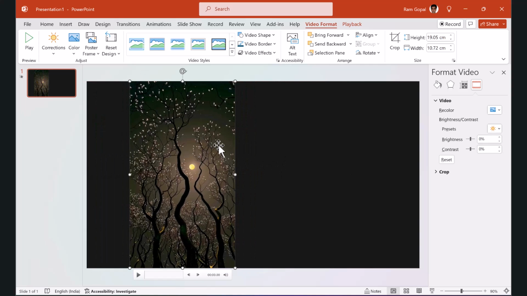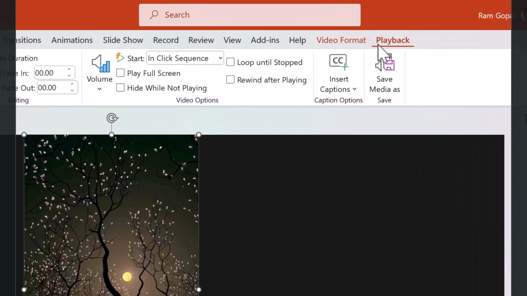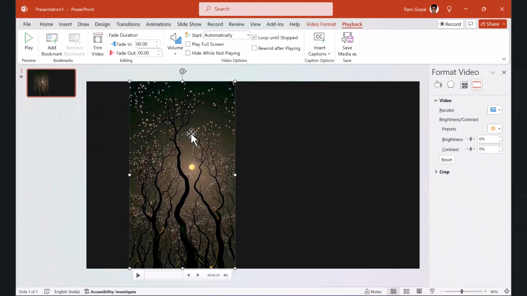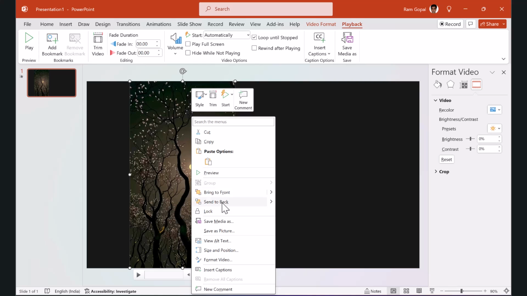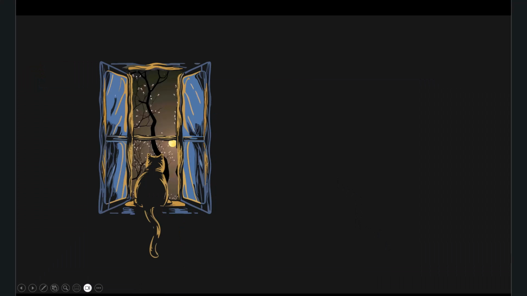So let us select this video and then make some small changes to the playback. You go to the playback tab. Instead of start in click sequence, you say automatically, and you also check this option called loop until stopped, and then right click on this video and say send it to back. Now this video will play automatically as soon as I go into the slideshow. So when I go to slideshow, you can see that we have this beautiful animation,